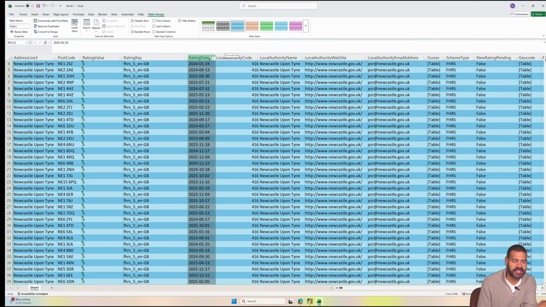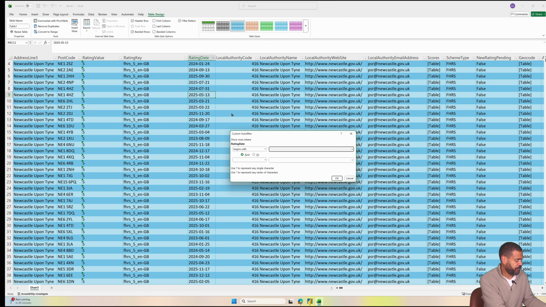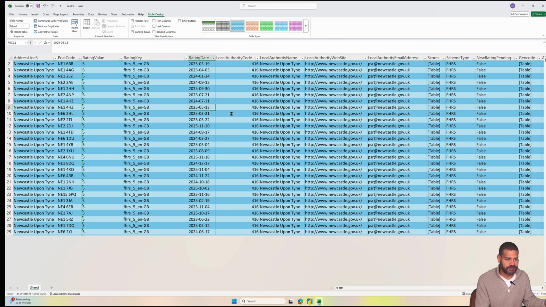What's actually happening is that we're saying where it says equals 2025-05. Okay, so we can do it even with a text filter. So we can say begins with 2025-05. Okay, and it'll then filter those down to show us the values from